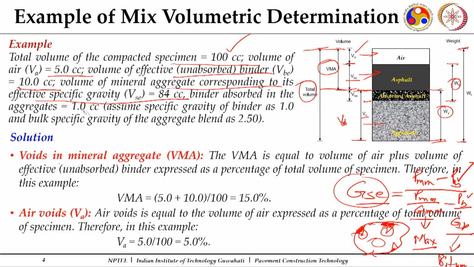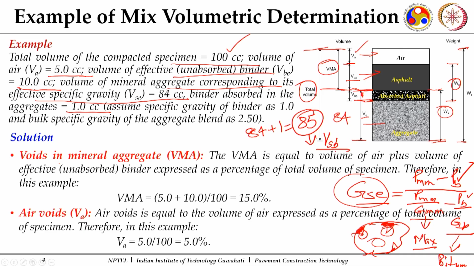Binder absorbed in the aggregates is 1 cc. So, this much binder absorption is there, 1 cc gets absorbed. So, this 1 cc is the volume of bitumen getting absorbed and 84 cc is the remaining volume of your aggregates. So, this 84 plus 1 is 85, which is your bulk volume of the